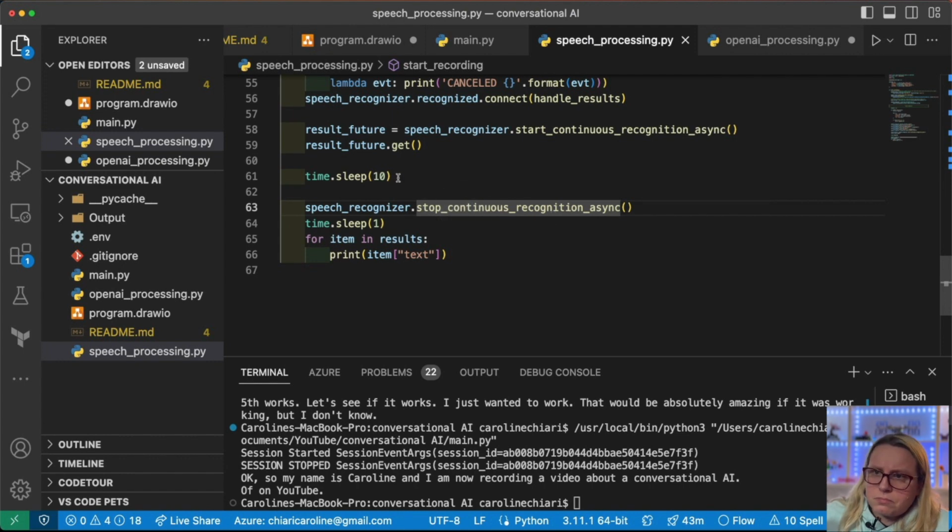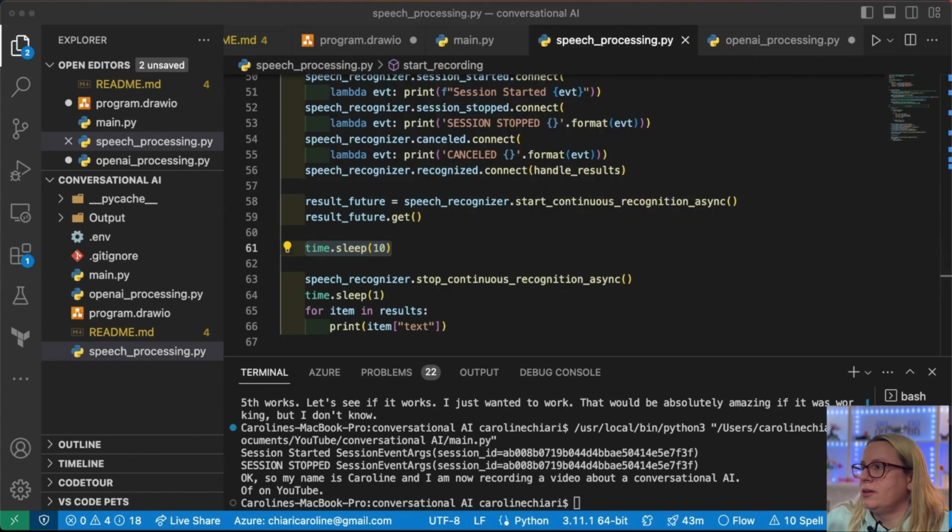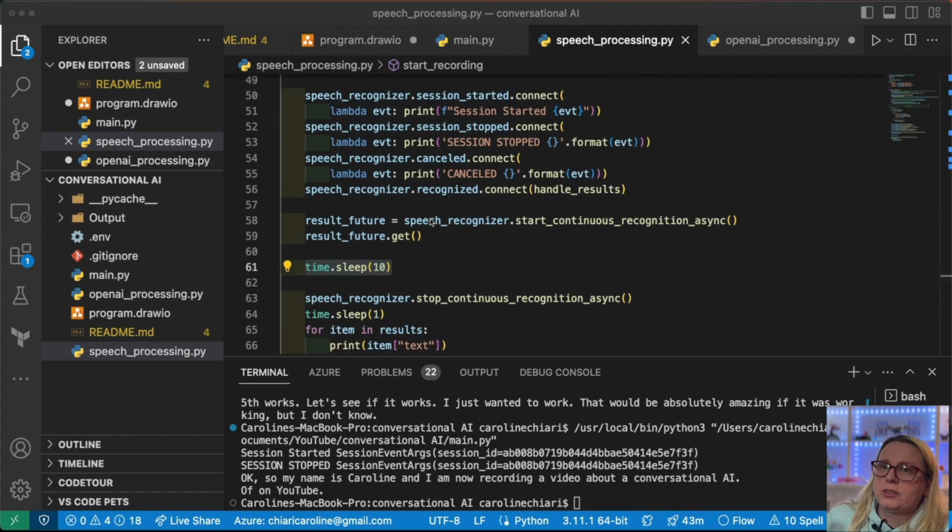So now we don't want to record for 10 seconds. We want to be able to record until we're done. So in order to record until we're done, what we're going to do is we're going to wait for recognition. So as long as we are recognizing that there is speech, we're going to keep recording. If we stop recognizing speech for, let's say, 3 seconds, right? So it's a 3-second pause, that amount of pause,